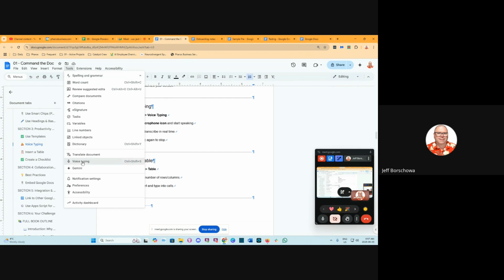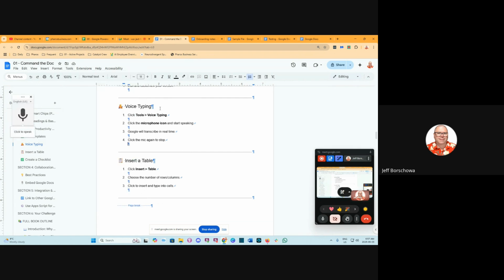and here, voice typing, and just click wherever in the document you want, and you'll see this little icon pop up. And by the way, if you've recorded a training video and you forgot to transcribe it or didn't have time to transcribe it, you can play the video with Google Doc open, and it'll transcribe it for you. Now, one thing I've learned is it only works when your Google Docs is on top. It's the active window. So if you minimize it, it stops with the typing. So this little microphone guy comes up,